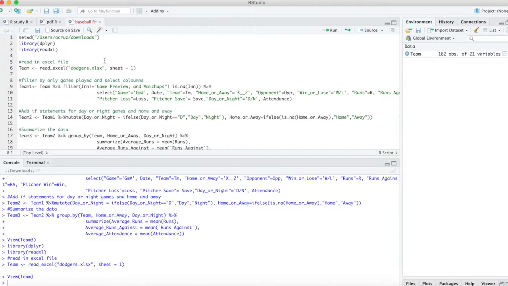The first thing we're going to do is filter out only the games that have been played. As you remember, in the inning column, the games that hadn't been played say game preview and matchups. So we're going to use the filter function. For the inning column, the exclamation mark before the equal sign means not equal. So we're saying inning not equal to game preview and matchups, or where the inning column is NA, and we're only going to select